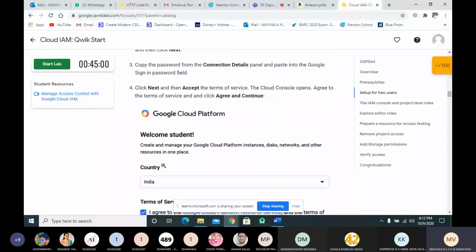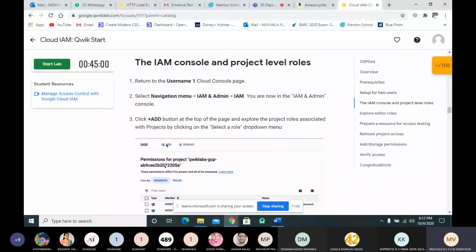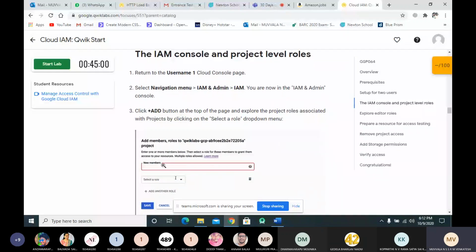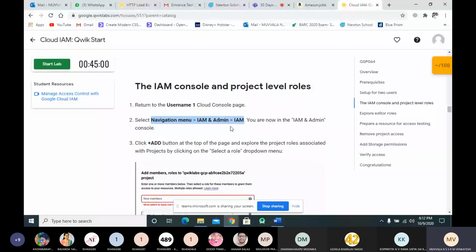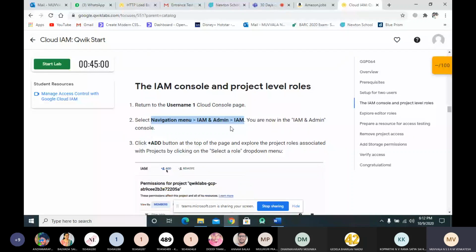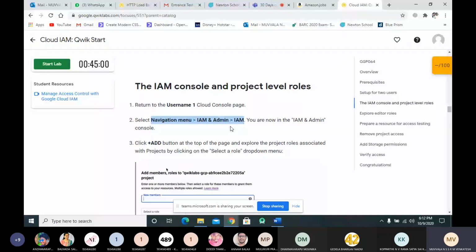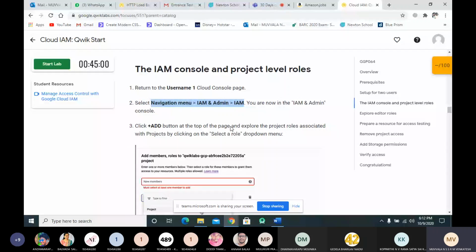So the parent can assign roles to the child account. That will be supervised from the navigation menu, IAM admin. Let us call our parent account admin and our child account the child, whatever the convenient way you have. So in our admin,